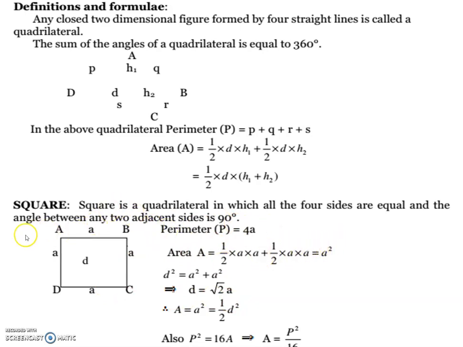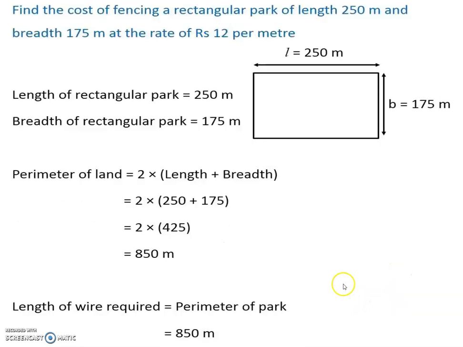In that example, the angle between any two adjacent sides is 90 degrees. Here we use the perimeter, here we use the area of the square, here we use the diameter, that is the diagonal of the square. Is it right? No, we have to use which formula? Pythagoras theorem. That is D square is equal to A square plus A square, so D is the square root of 2 A. Okay. Now we cover a very important example.